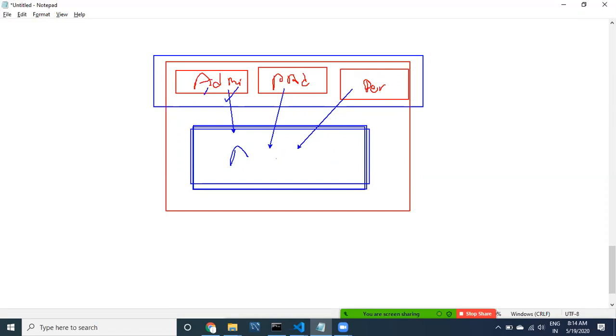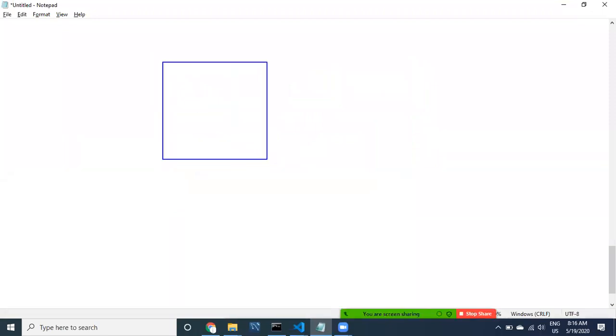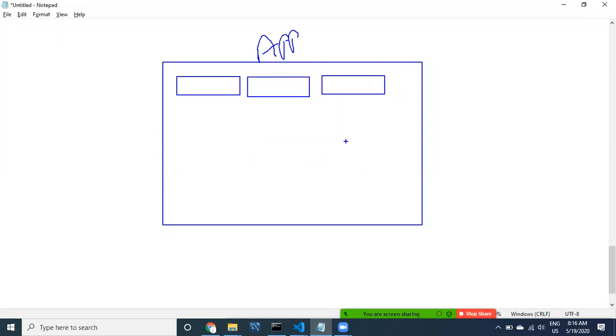If you click on something, you have to display the related component here. For that, let me repeat these steps. First I have to create the app component. Of course, the app component will be there. In the app component I want to take three links. Not only three, it can be any number of things, but just for example, we will follow these three. So here this is link 1, link 2, and link 3.